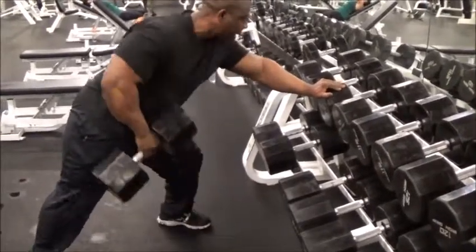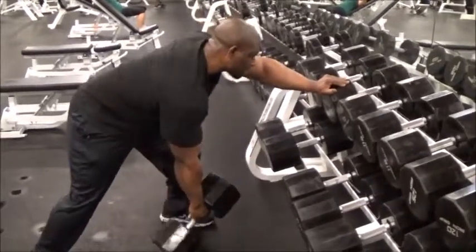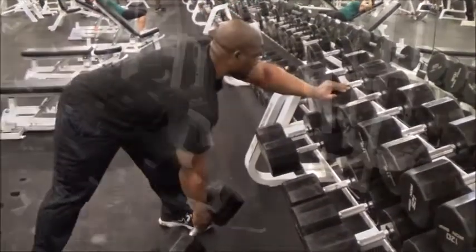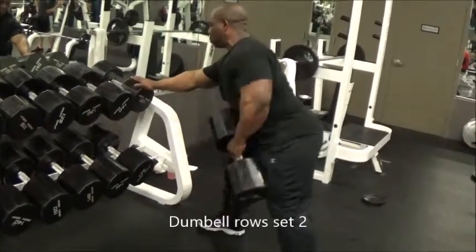So right now this is about 130. I'm warmed up, so I went right into the heavy dumbbells for the first set of dumbbell rows. And then I went right to 150, the heaviest dumbbells they had. Now this could be a little